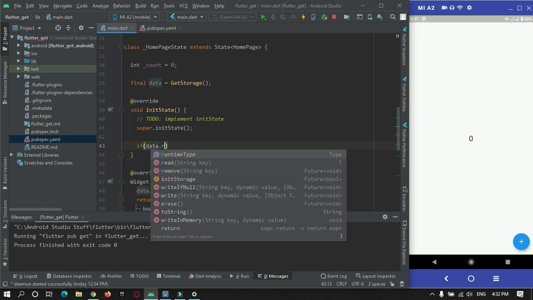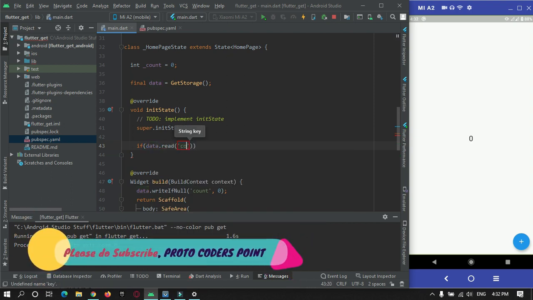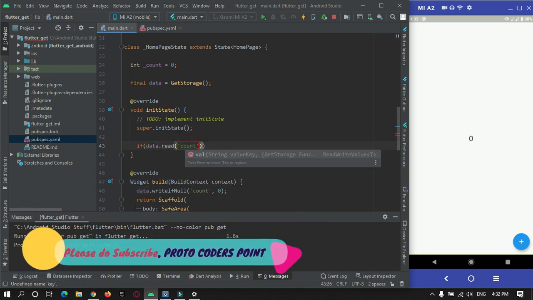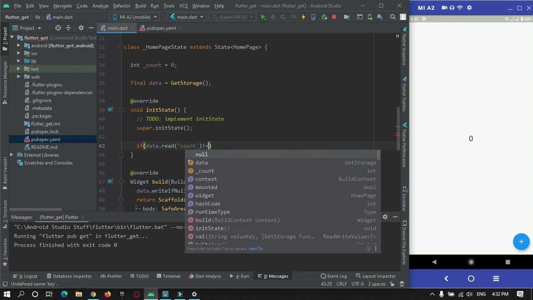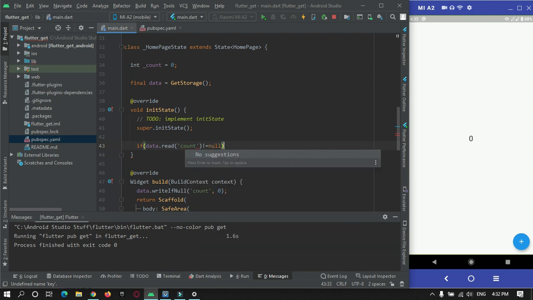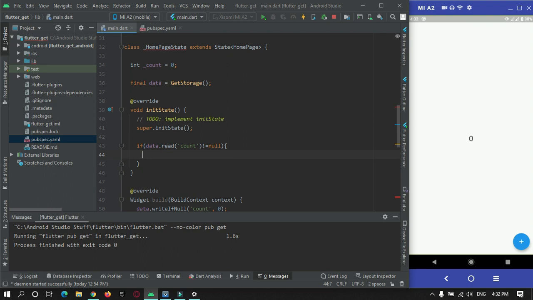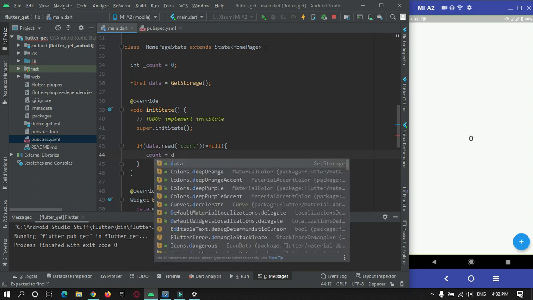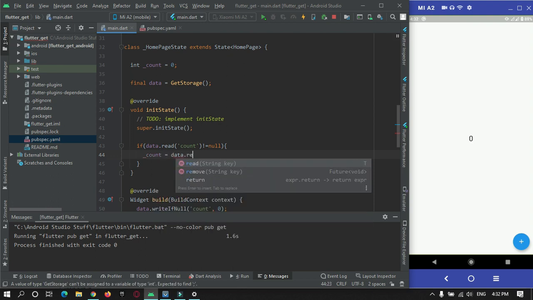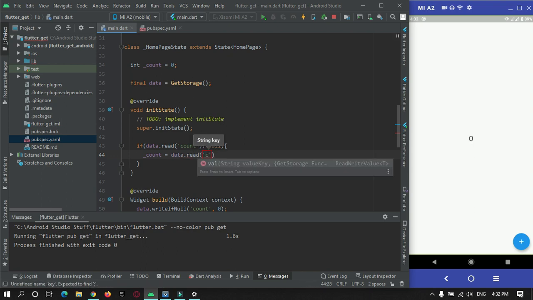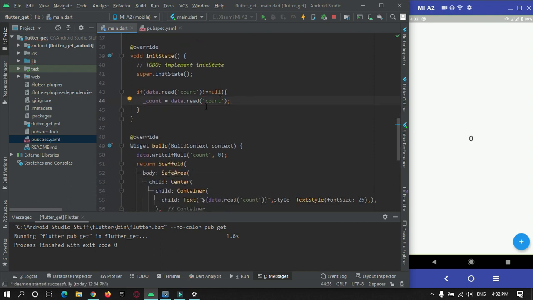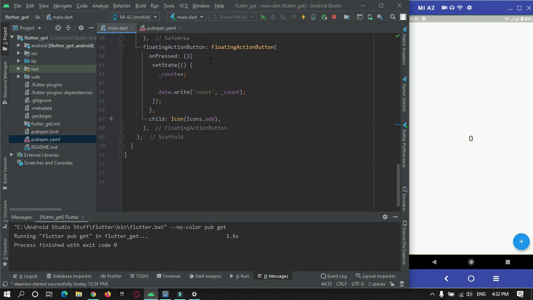If data read of key, that is count, is not equal to null, then we will set counter equal to data dot read from count. Okay, so that's it. We will just restart our app now.